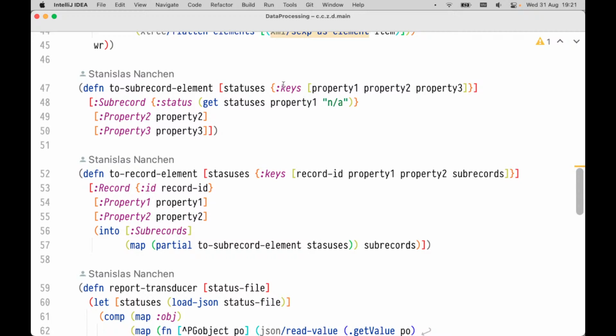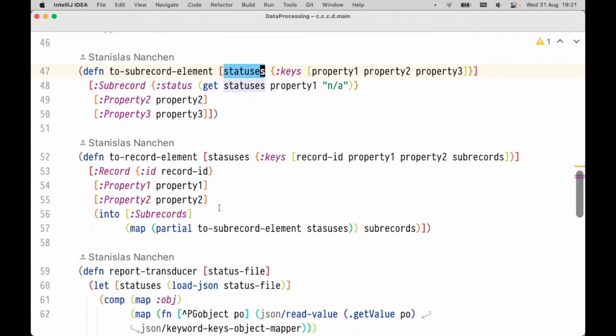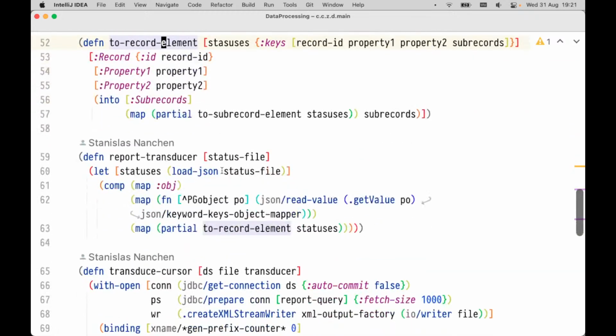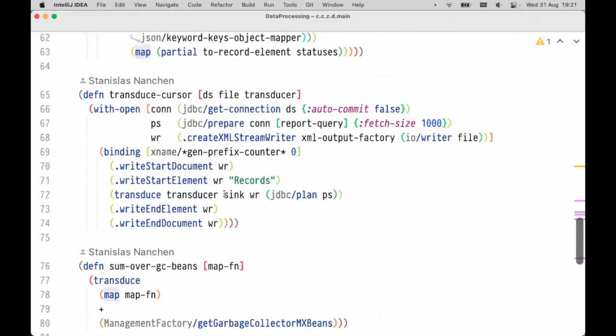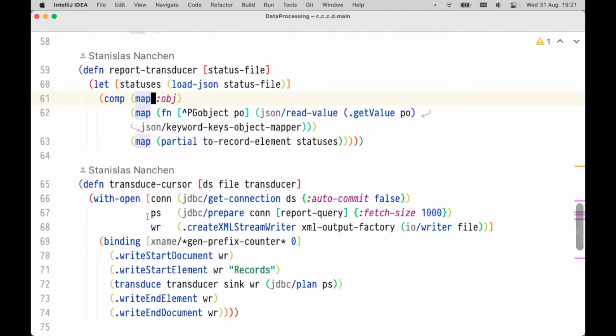So if I have such a thing with these 3 keys and I have these statuses, this code file, then this is a way that I can produce a sub-segment of an XML file, right? Using this vector notation that we know from Hiccup, for instance, and also from the XML libraries in Clojure. And the same if we have a record, then we can map stuff. And at the end, the only thing that we have to do is actually